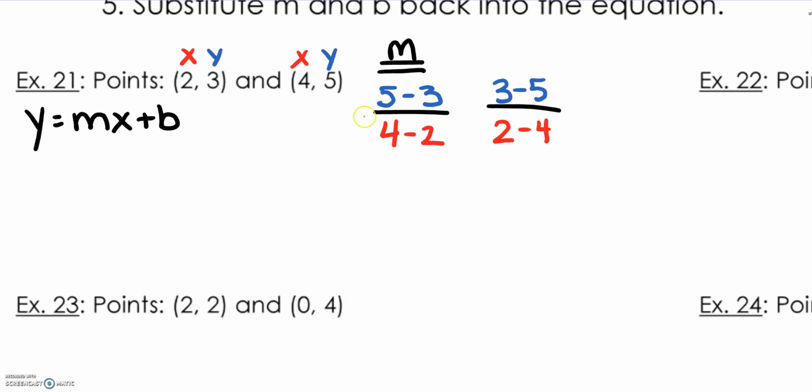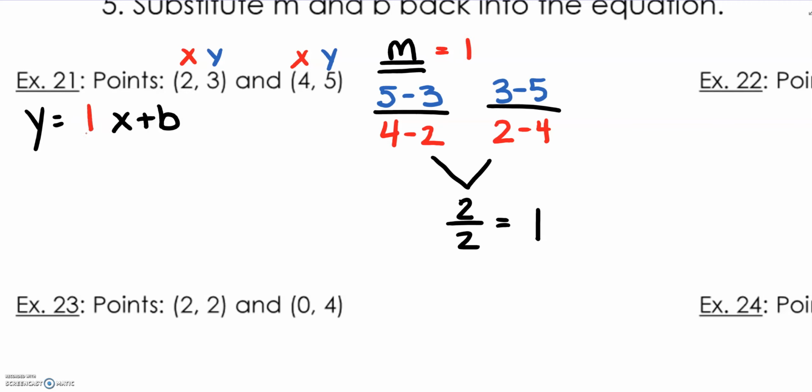The key is, really, just to be consistent. 4 and 5 were the x values together in one point, so notice that both top and bottom started with 4 and 5 for the first set, or 2 and 3 are in the same point. So in another case, I could have started both top and bottom with 3 and 2. Just be consistent. So either way, I wind up with the slope of 2 over 2, which is a slope of 1. So now that I know my slope is 1, in my y equals mx plus b, I can